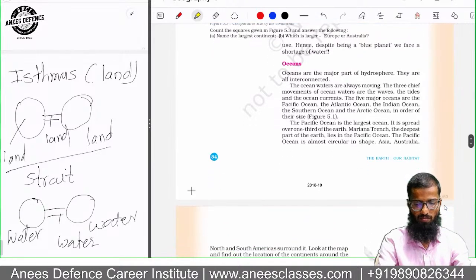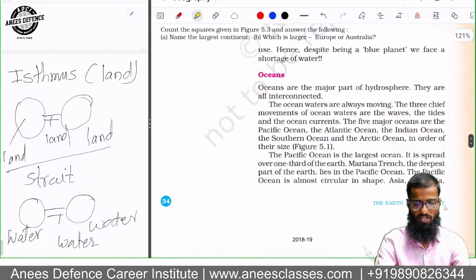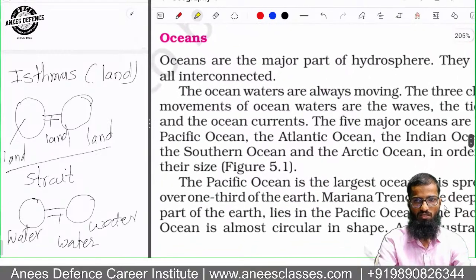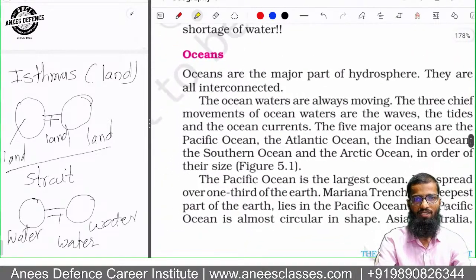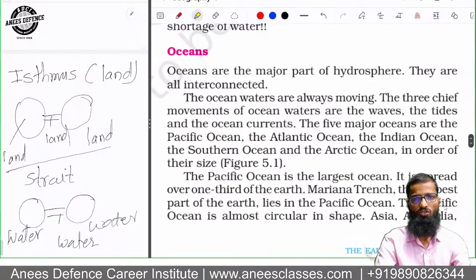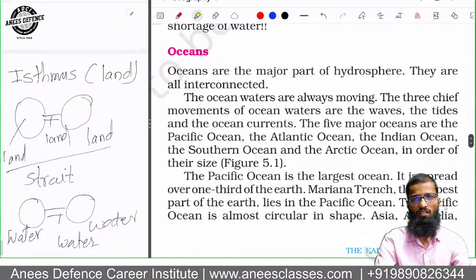Oceans के बारे में पढ़ते हैं। Oceans are the major part of hydrosphere. They are all interconnected. Ocean water is always moving. The three chief movements of the water are waves, tides and the currents. Waves, tides and the currents, ये तीन चीजें आपको पता होना चाहिए। देखो, टाइड आपको, वेव्स तो आपको पता है।